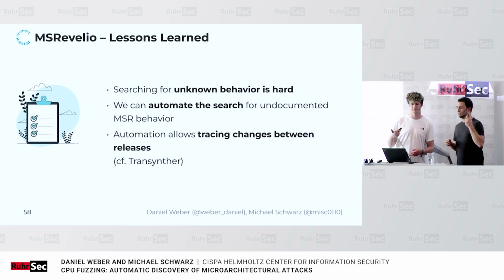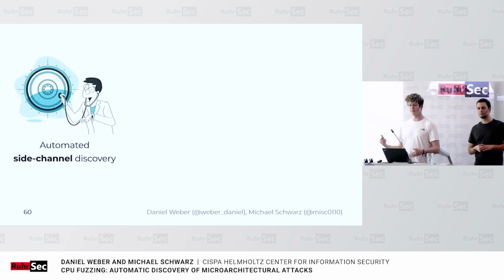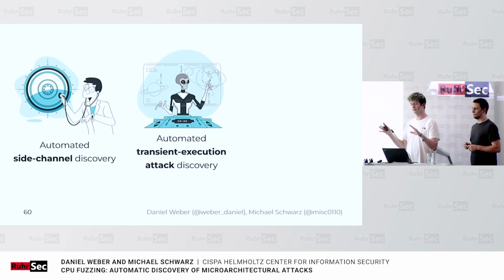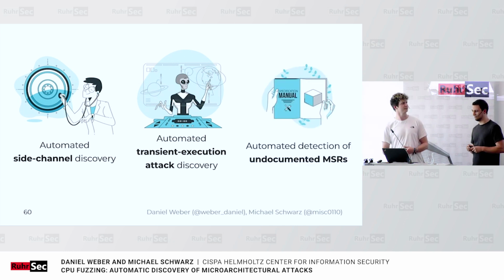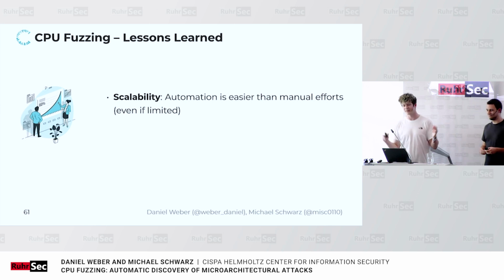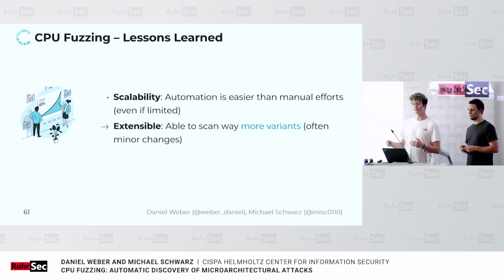Okay, so let's conclude on what we've seen today. Basically, we've seen we can automate side channel discovery, we can automate transient execution attack discovery, so Meltdown and friends. And we can also automate detection of architectural things like undocumented MSRs. And to sum those things up again, I'd say those things scale a little bit better than PhD students, at least like 3,000 of them. And they're also extensible. So once you've built such a tool, you can maybe input some new seeds into Transynther, and then you can come up